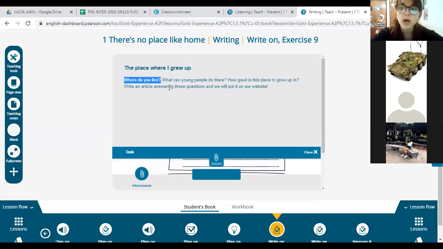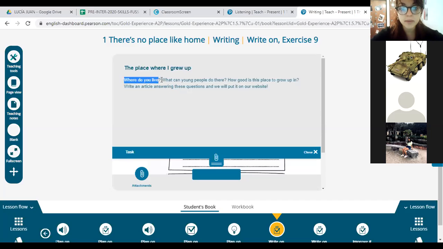You're going to say, well, I live in Córdoba, and then you're going to give an opinion. You're going to describe it. Córdoba, usually it's a very lively city. But now, since we are at our homes all day because of coronavirus, it's very quiet. I grew up here and I like it because there are a lot of parks to go and play. So that is the first one. I talked about the place where I live and then I gave my opinion.